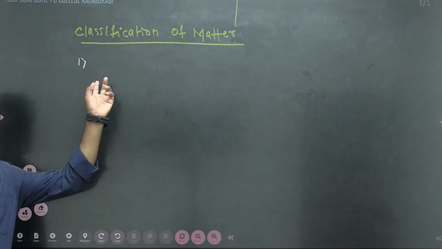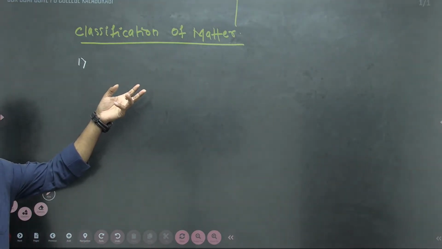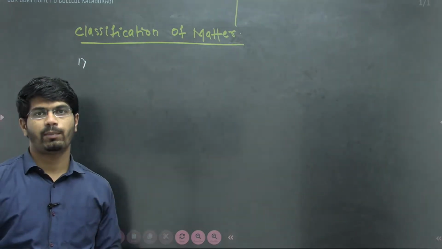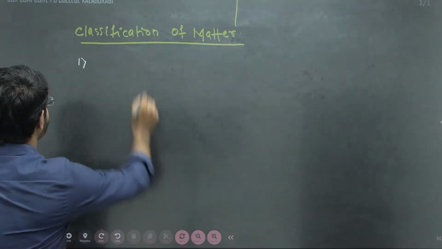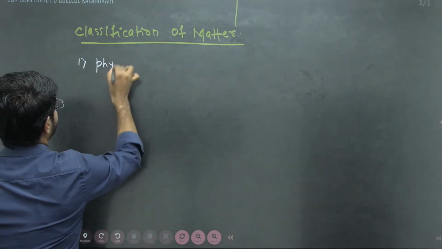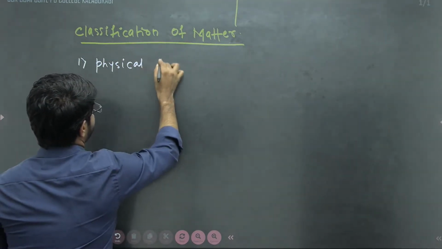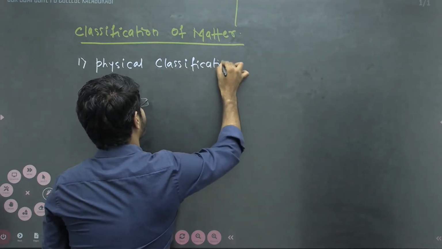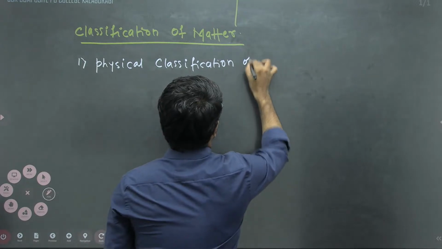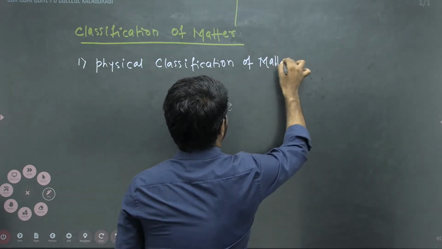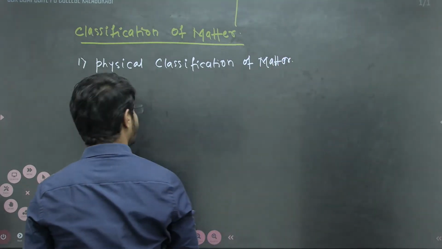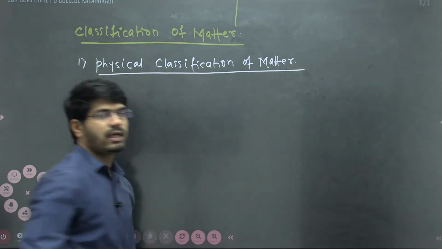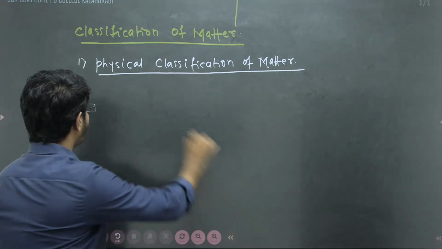Here we come across the physical properties of matter. So we may write it as physical classification of matter and chemical classification of matter. The first one is the physical classification of matter. We have been studying the physical classification of matter since, I think, your fourth standard. It consists of, first one,